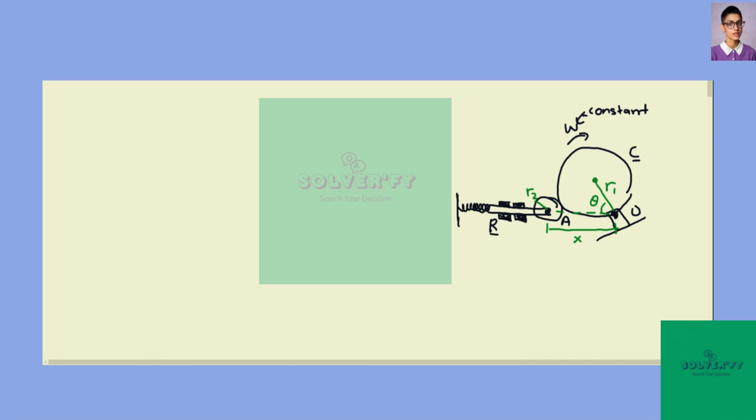Okay, so in this case, the position coordinate equation, the origin is at O, point O, which is here. We want the position coordinates of A, because the velocity of R is the same as the velocity of point A. Point A is the center of this small roller. So the x coordinate of A